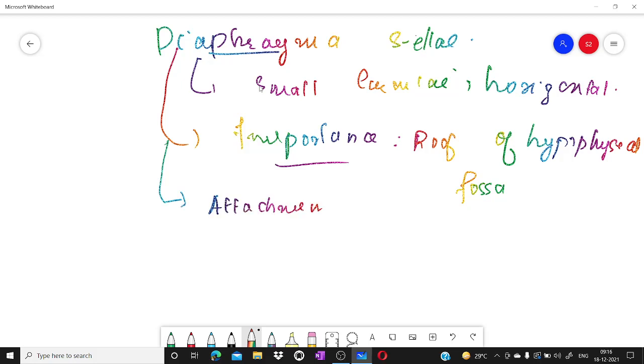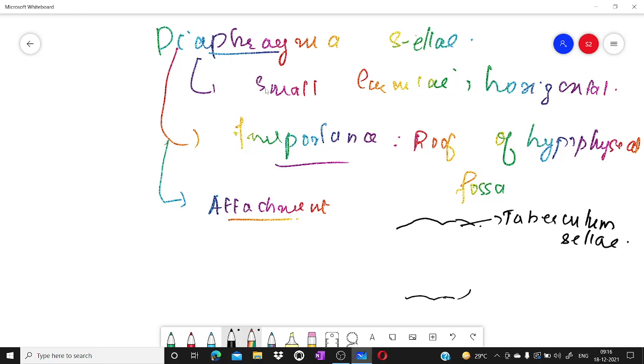For that, two landmarks here. So that is the tuberculum sellae anteriorly, posteriorly another bony part here, that is the dorsum sellae. Okay, we can see the attachment of the diaphragma sellae. Anteriorly it is attached to the tuberculum sellae and posteriorly it is attached to the dorsum sellae, and laterally it